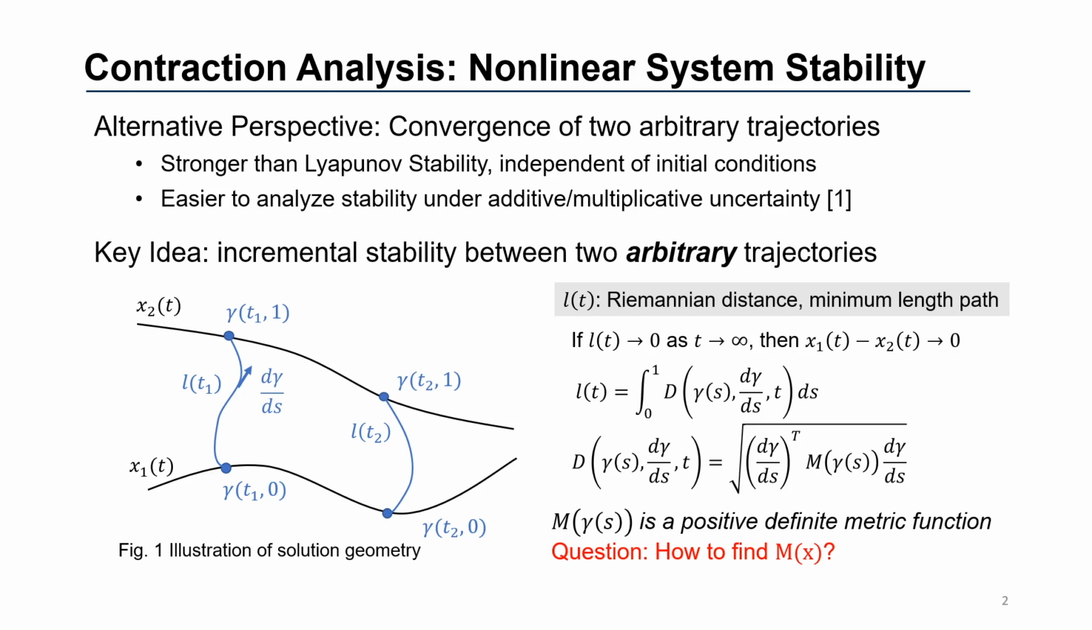If we can find a minimum length path called geodesic connecting two trajectories at every time instant and show that this path length is shrinking over time, then two trajectories converge. Specifically, the path length is defined as the integral of the norm of every differential element under a specific metric M. So then the question is, how do we find an M that guarantees the path length is decreasing over